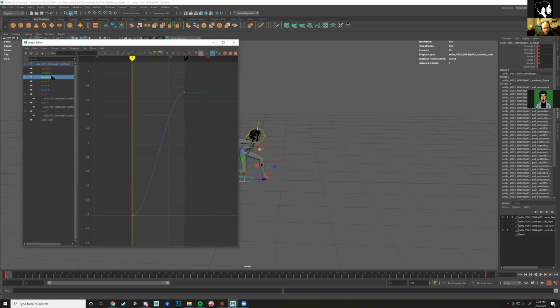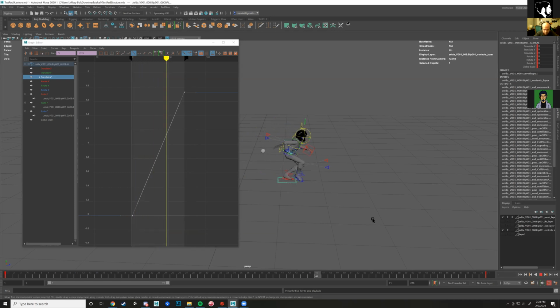And remember, the way we change our tangents is these buttons up here. Right here, all this stuff. And so let's select our translate Z and make them linear tangents. You see that? So now it's a straight line going at a constant speed. So straight means a constant speed in this graph editor. So now if we look at this,